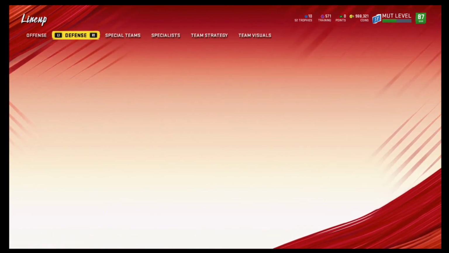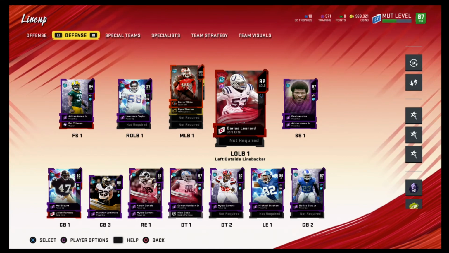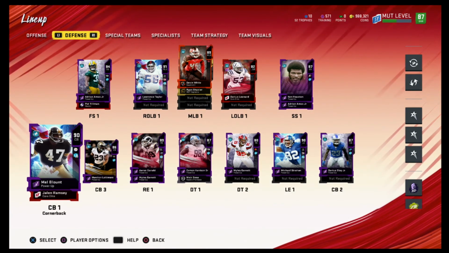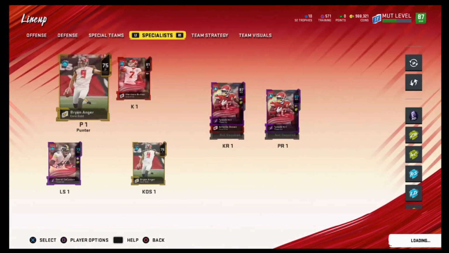So if I'm in 4-3, what I do actually is I leave Devin White in, and I'll sub Shazier into my left outside linebacker. So really, they're both going to play in pretty much every formation except for coverage. And then you see what I do on my D-line, like I said, with Myles Garrett. And then I'll show you the pass rushing scenarios, just because I got to make sure two goes out of